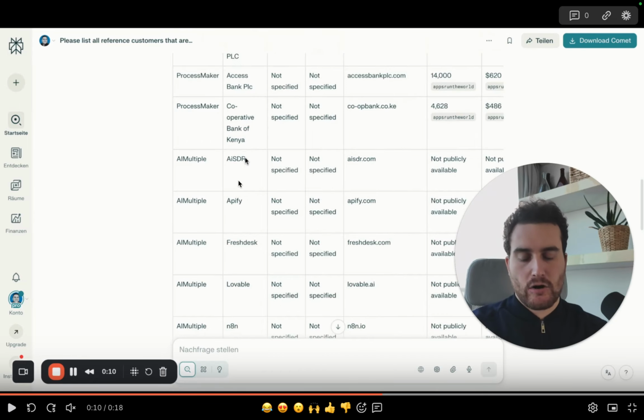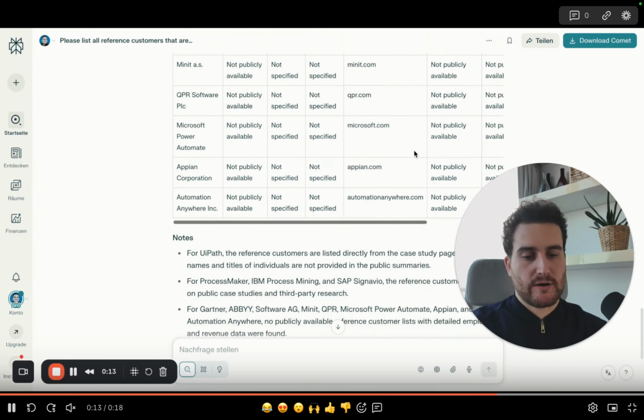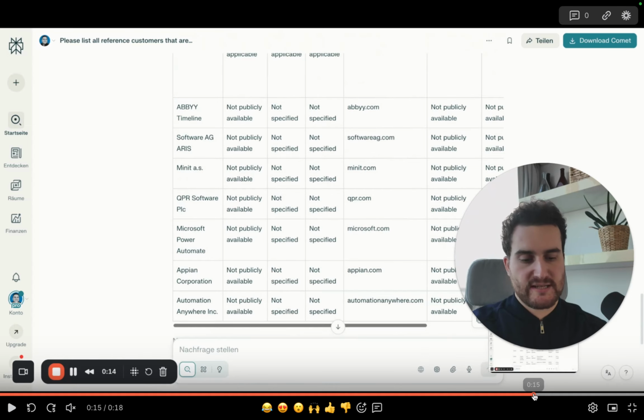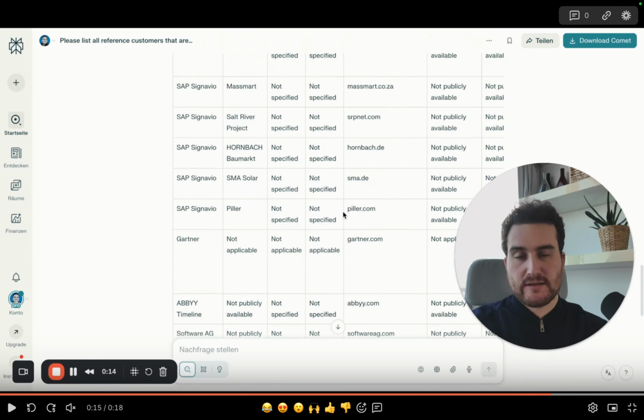And then it's listing all the reference clients that they have and from which employee ranges or from which industries they are. Sometimes Perplexity or ChatGPT will find all this information. Sometimes it doesn't work that well. You would go to the pages of your competitors and list their reference clients or customers. It might also be that Perplexity will only generate 10 or 30 results just for your first 2 or 3 competitors. In this case, just repeat the search again and again for the other competitors so that you get a